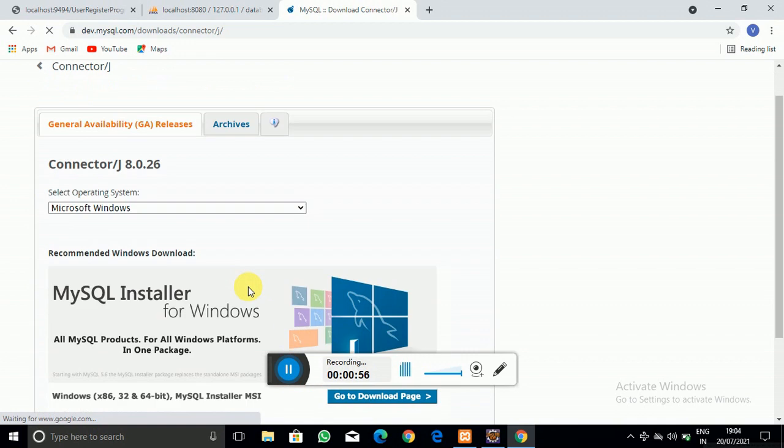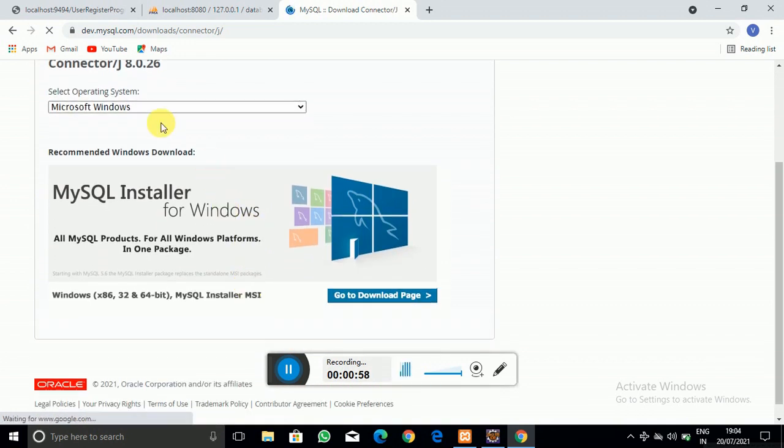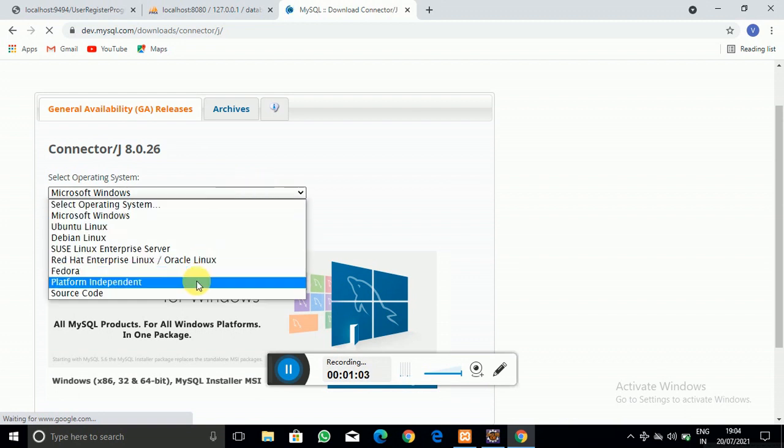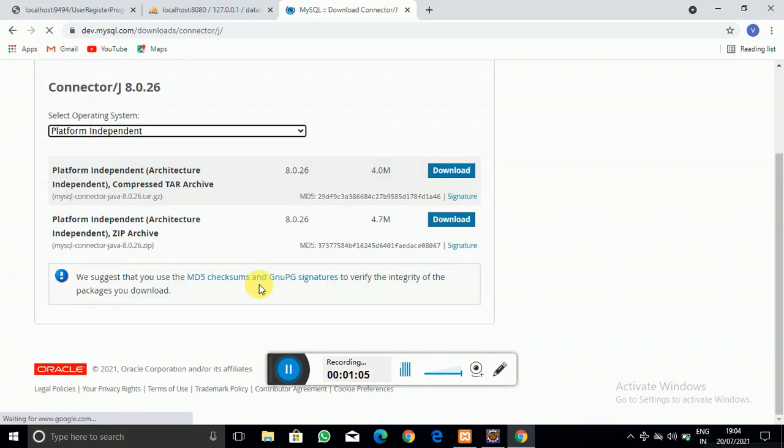Here you have to select platform independent, and download this zip archive file.